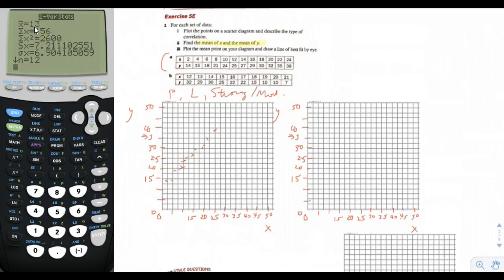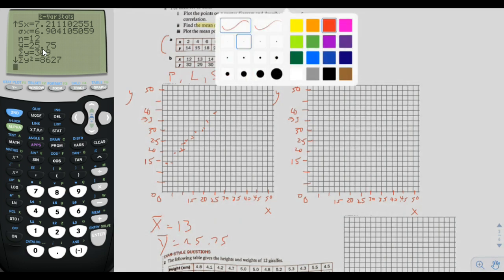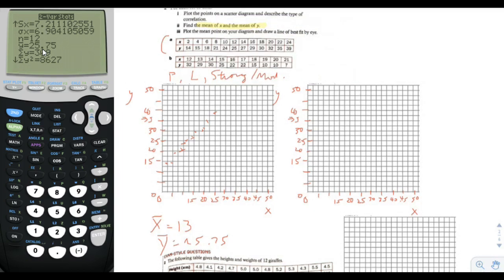So X bar looks like the mean is 13. And Y bar, if we go down a little bit, we're going to see what the mean is for Y bar. There it is, 25.75. 25.75 is the Y bar mean. And so if we plot the point 13 comma 25.75, and I'll do that with a different color so that you can see it,